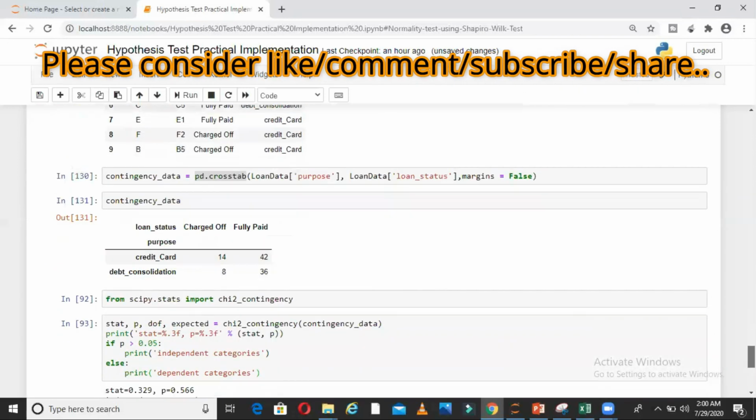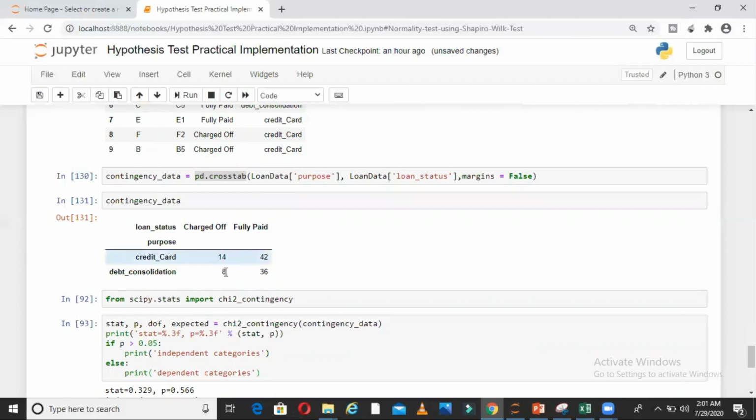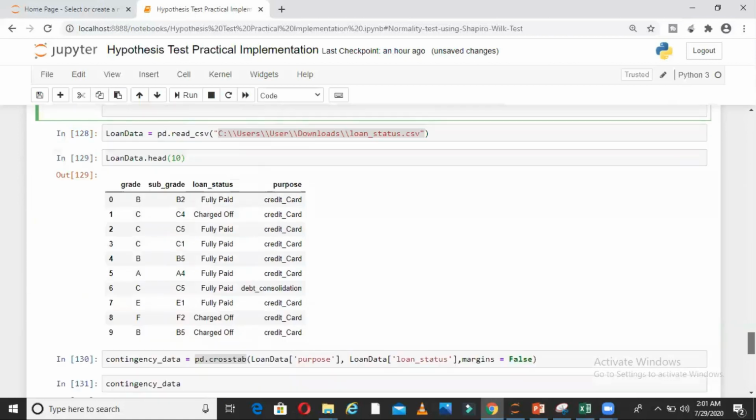So the assumption of the chi-square test is that the size in each box of the contingency table should be greater than 25, which means here I am violating the assumption, because this is a small data set. Ideally, when you do a chi-square test, all these numbers should be greater than 25. It's not that it will not run. It will run, but the results might not be very reliable. I'll run on this and show you, but you should take care of this. 25 or 30 is the boundary.